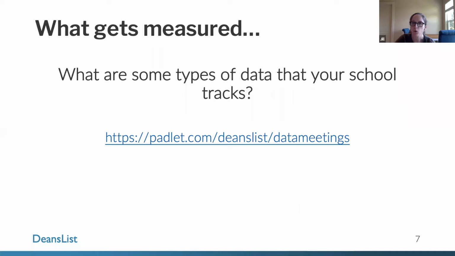Perfect. So before we dive into these 4 essential elements, we're going to spend a few minutes reflecting on the data that your school already tracks. This can be a good way to think about the kinds of information that's important to your school. Some of these data points might be really small, like student email addresses, or pretty broad, like attendance. Some types of information may not have been that important to your school before this past spring, and now it might be very important.